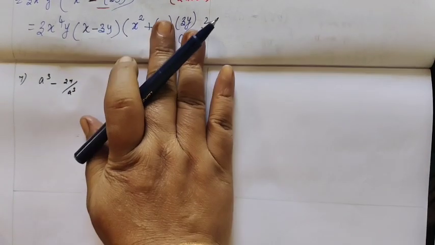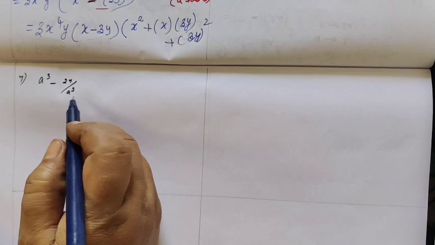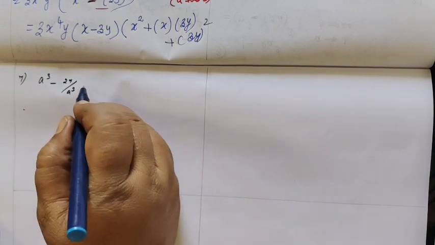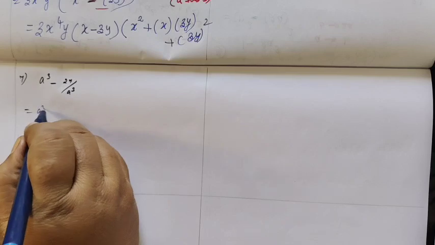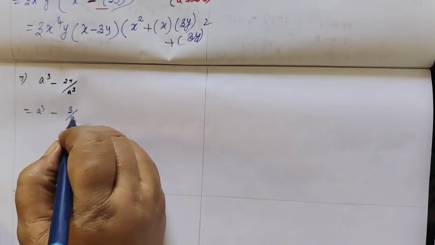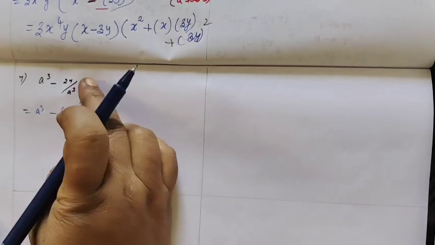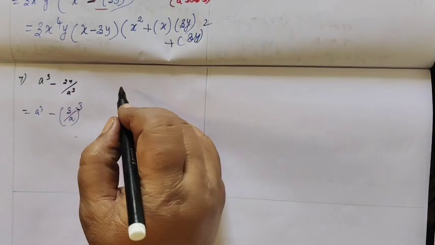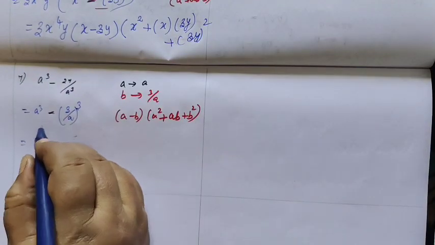Now question number 7. a cube minus 27 by a cube. So this can be written as a cube minus (3 by a) the whole cube. 27 is (3 by a) the whole cube. So in the place of a minus b,